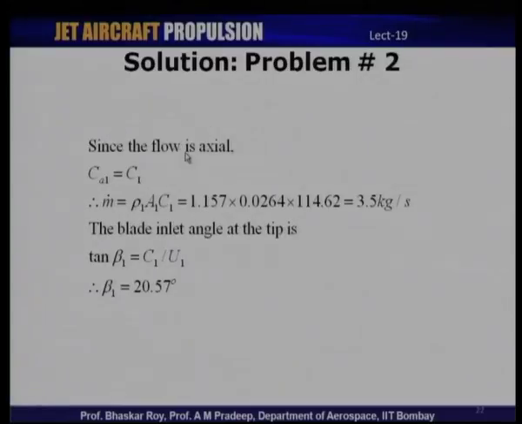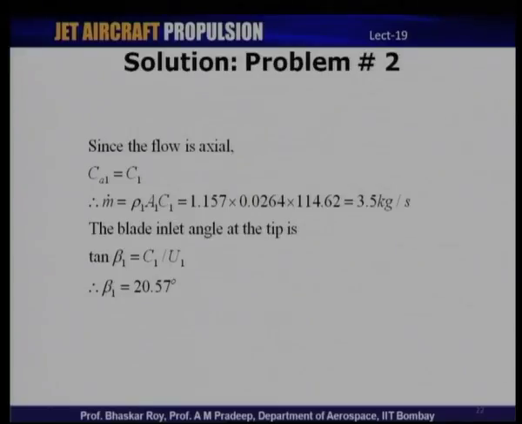and since the inlet flow is axial, the axial velocity and the absolute velocity are the same. So, mass flow rate is rho 1 A1 C1. We have calculated all the three now. So, rho 1 is 1.157, A1 is 0.0264 and C1 is 114.62. So, the mass flow rate can be calculated as 3.5 kilograms per second. The other